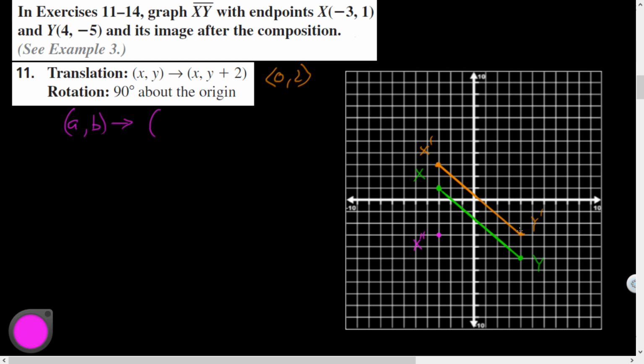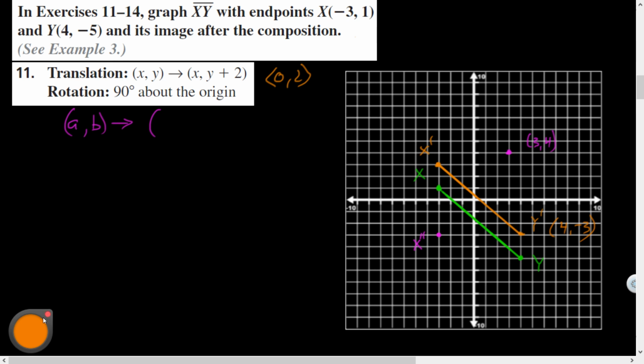So for y prime to go to y double prime, a 90-degree rotation about the origin, it's going to be something like that, and equidistant. Notice to get to this point, I was down 3 over 4. So I think I'm going to have to go over 3 and up 4. Does that look like a 90-degree rotation? Looks like it. So this is at the point 3, +4. This was at the point 4,